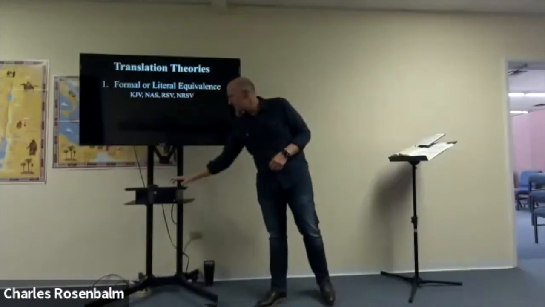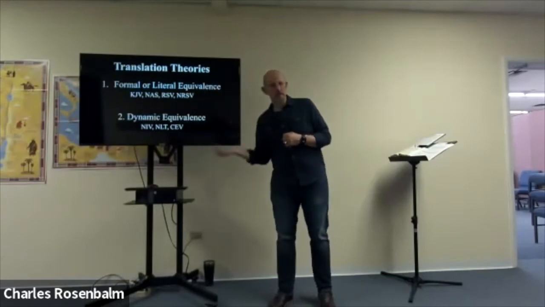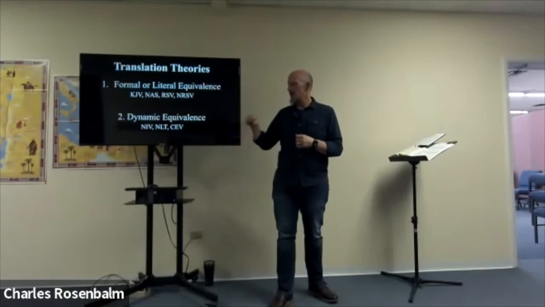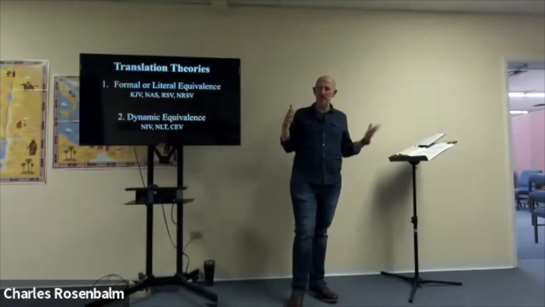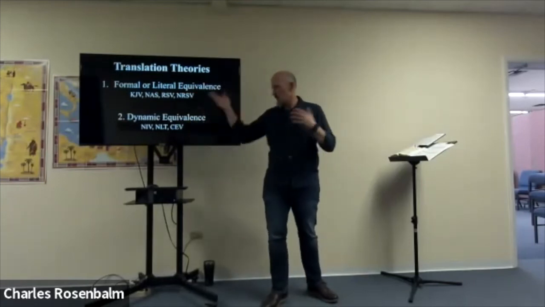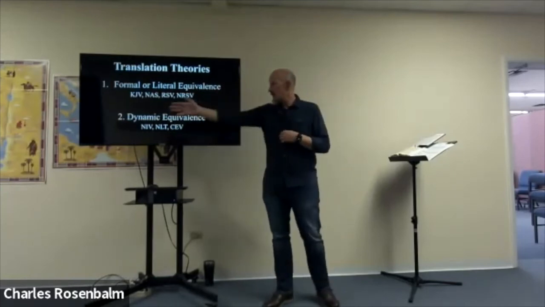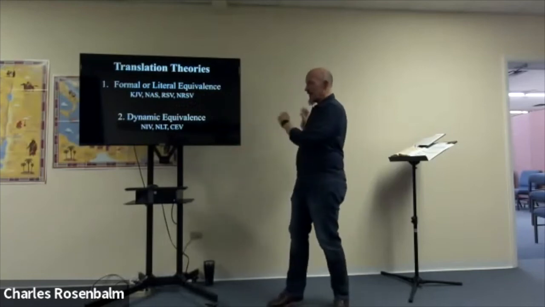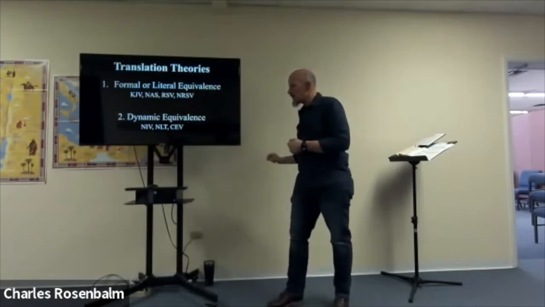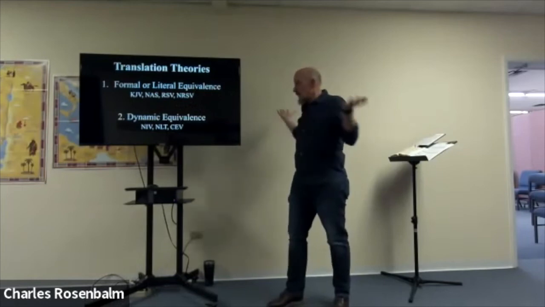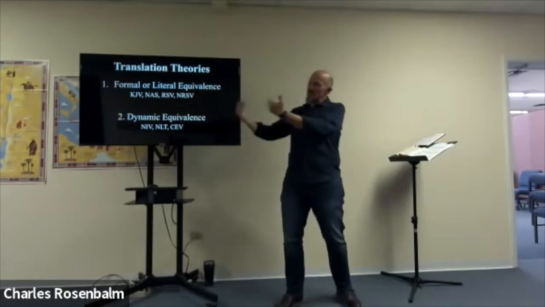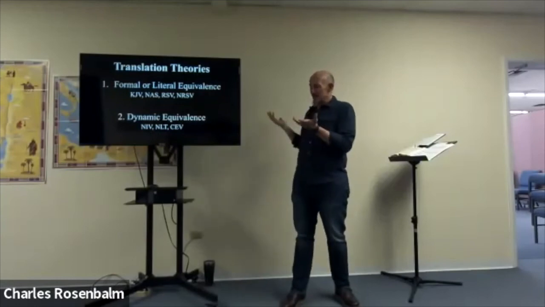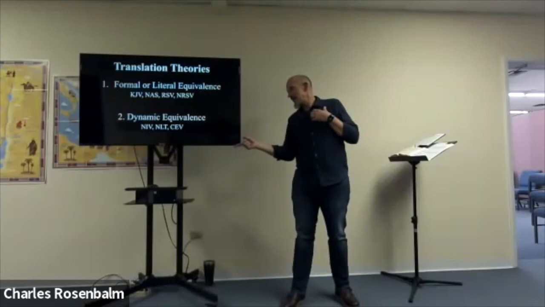Now, another type is called a dynamic equivalent translation. A couple of examples, the NIV, the New Living, or the Contemporary English Version. There are more, but these are just some of the more well-known ones. Dynamic equivalent, for instance, when hell freezes over, if I'm doing a dynamic equivalence, I just write never. One word, because that's what it means. And if I'm from a different language, a different culture, a different era, when hell freezes over might not mean anything to me, but never means a lot to me.